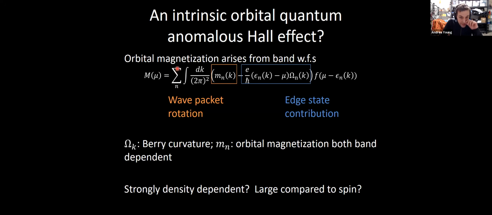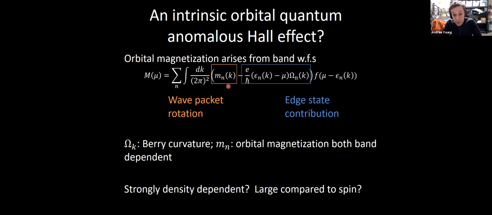Whereas, if you want to reverse the g factor of an electron, you can do it with spin-orbit coupling, but you can't really do it controllably. You have to do a lot of work to do that. Here, the sign of this is an arbitrary function of the band wave function. So in principle, you can play with moments of both signs, and you can have large contributions from edge states or from bulk states.